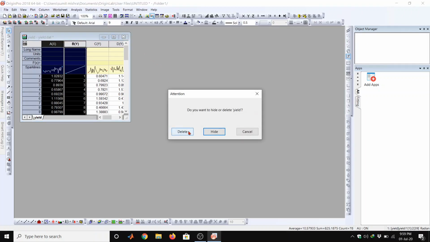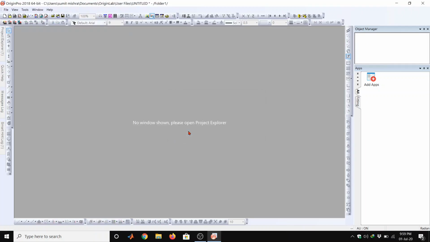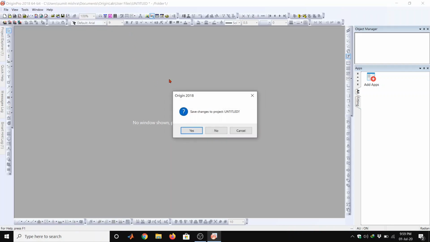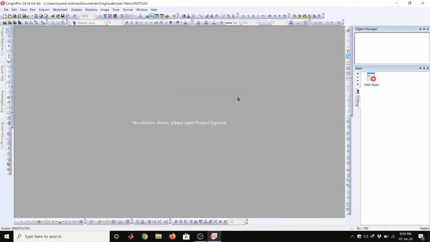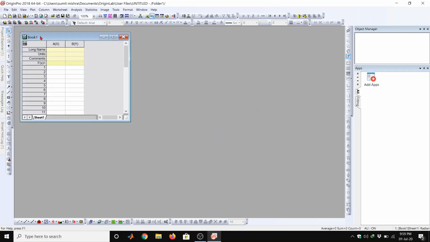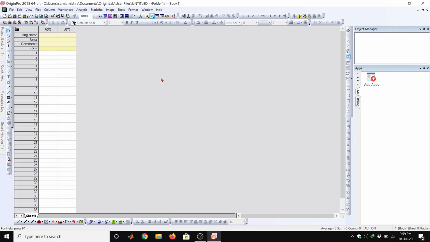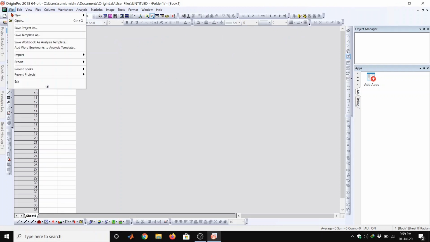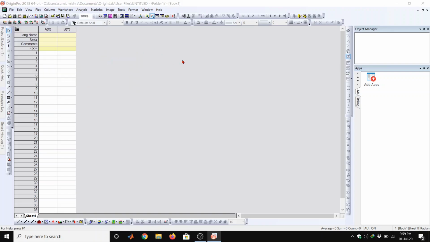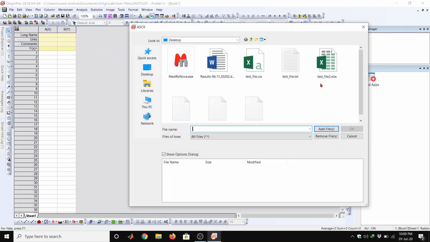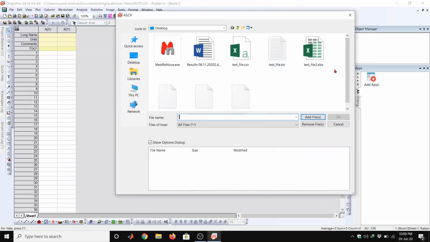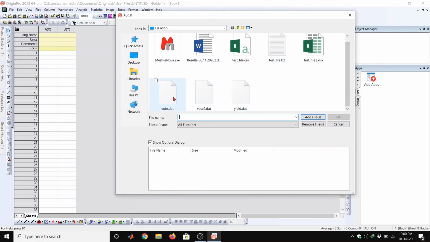Closing this worksheet here, file, new project, no. So new workbook open now. So if I want to import multiple ASCII file, then I will select multiple ASCII file tab, and then first I have to select one, add file.